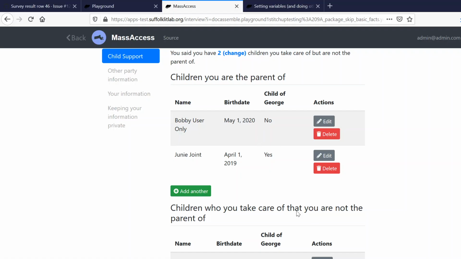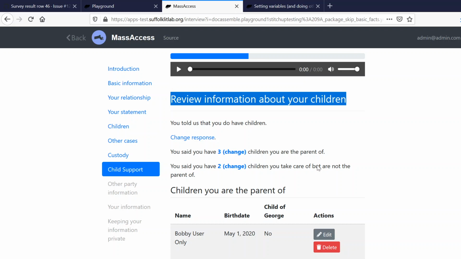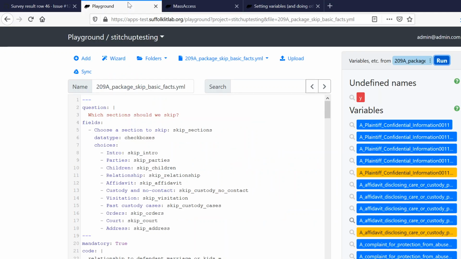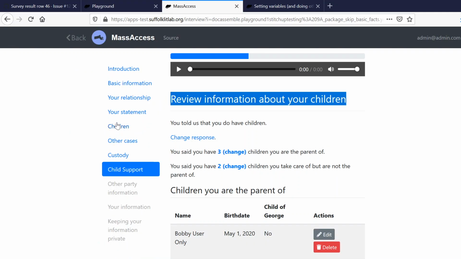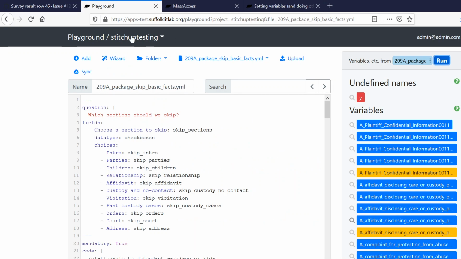We might want to show this screen in context right after they've done the section about children to make sure they can catch any mistakes before they move on, rather than just have it be something they click on after here. But